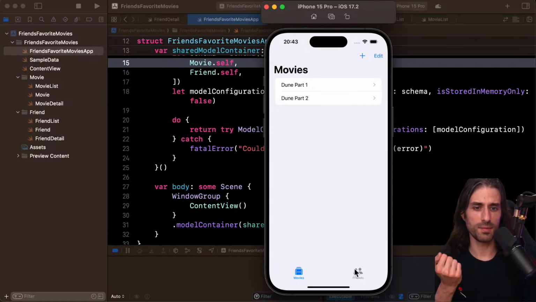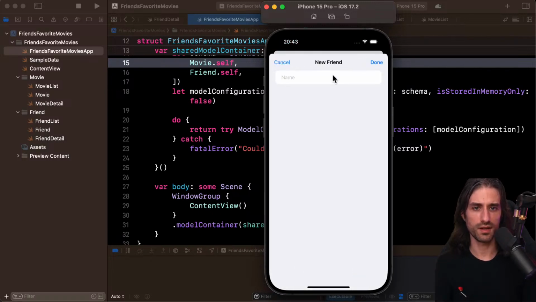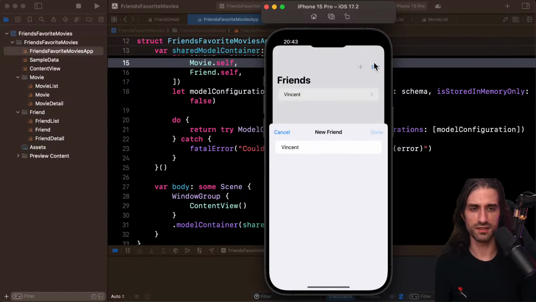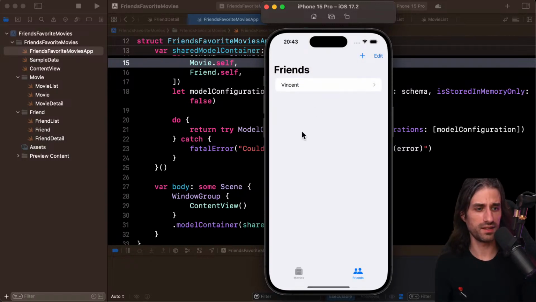Yeah, it's true. I wrote this data myself. So if I want to add a friend, I'm going to add myself, for instance. If you want to be added as a friend, let me know in the chat, and I will also add your pseudo as a friend here in the app. So now there is data that's being saved thanks to Swift Data.